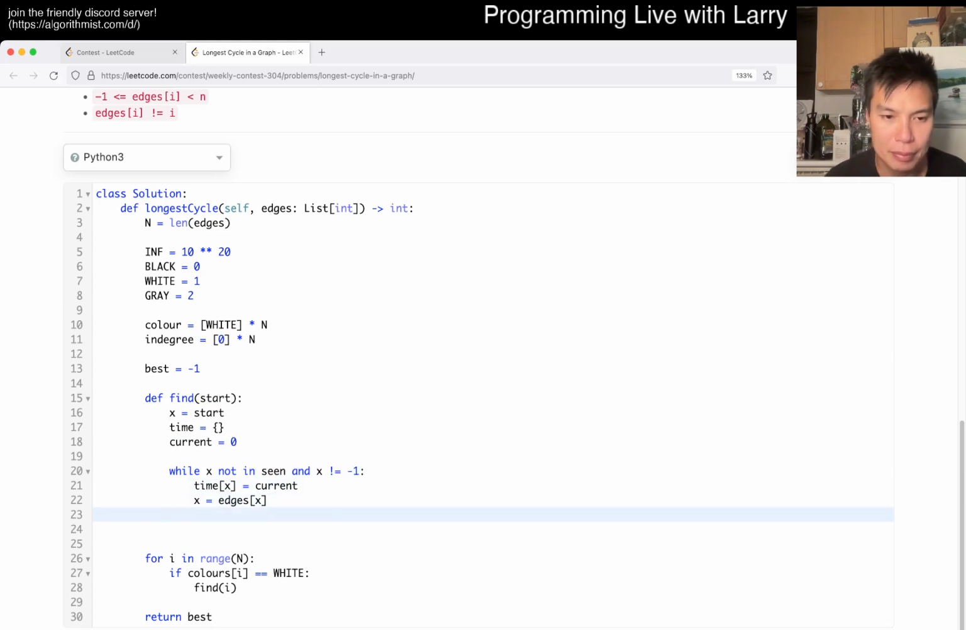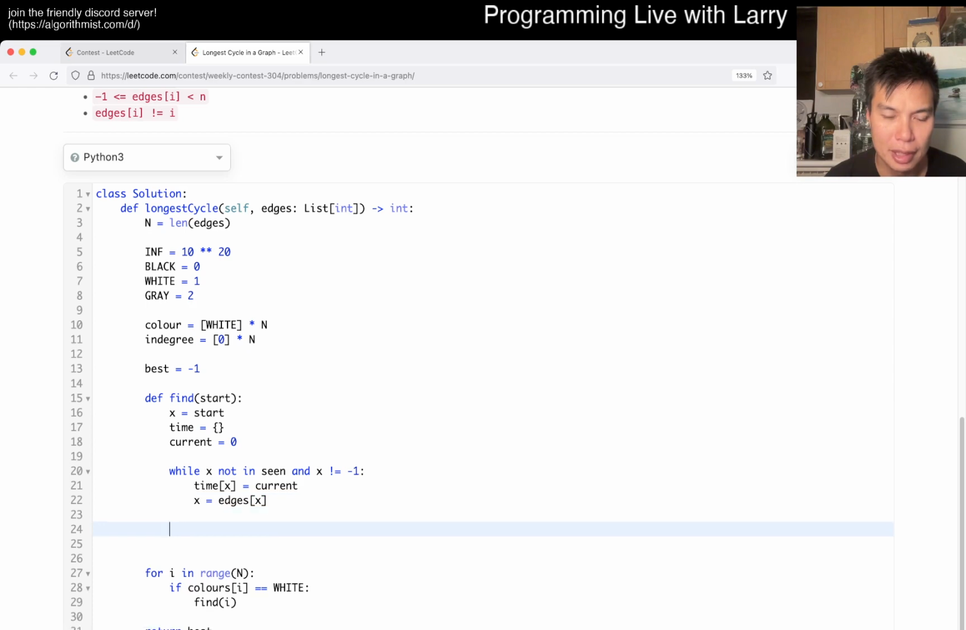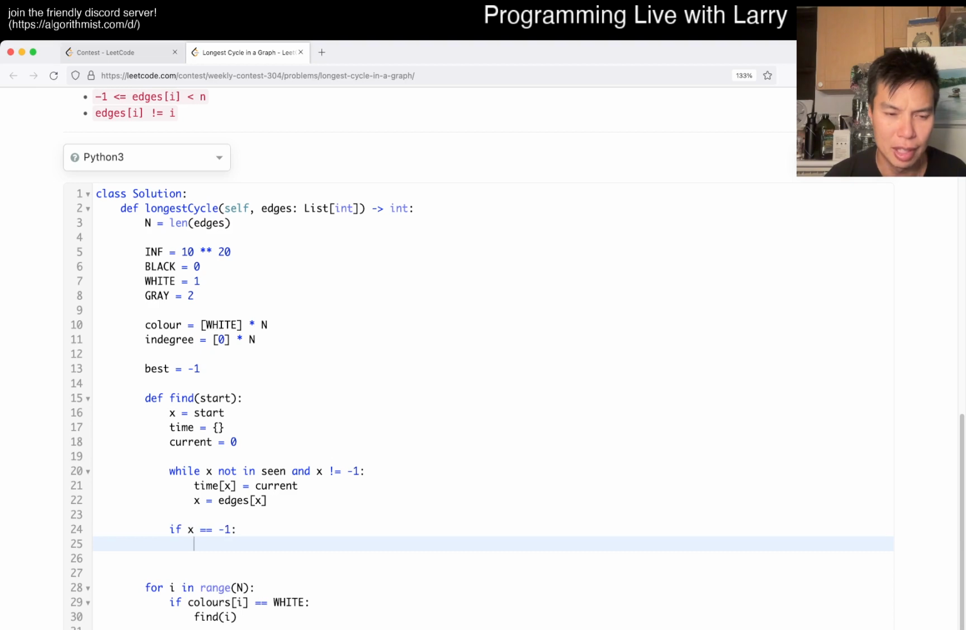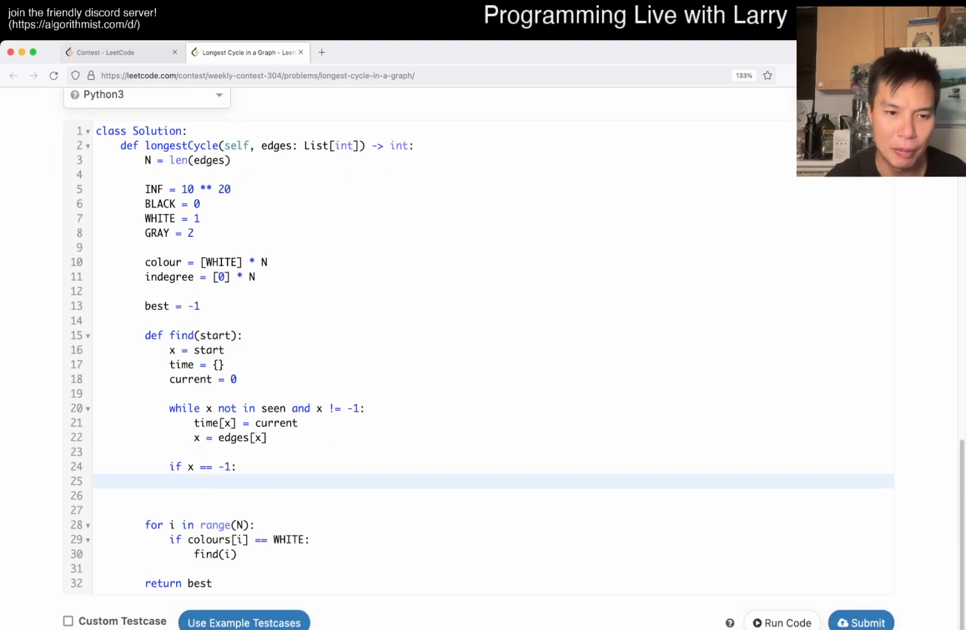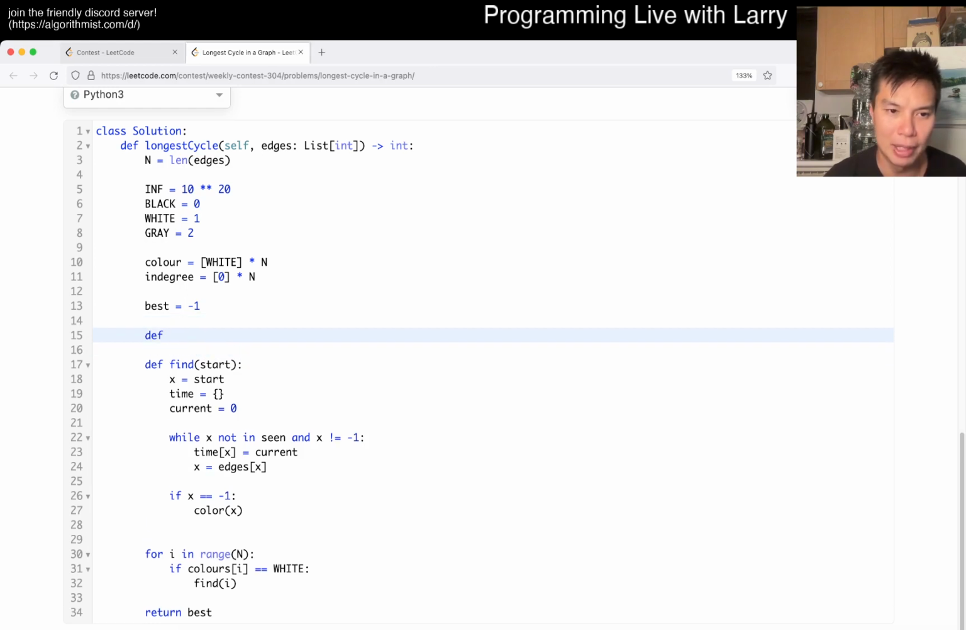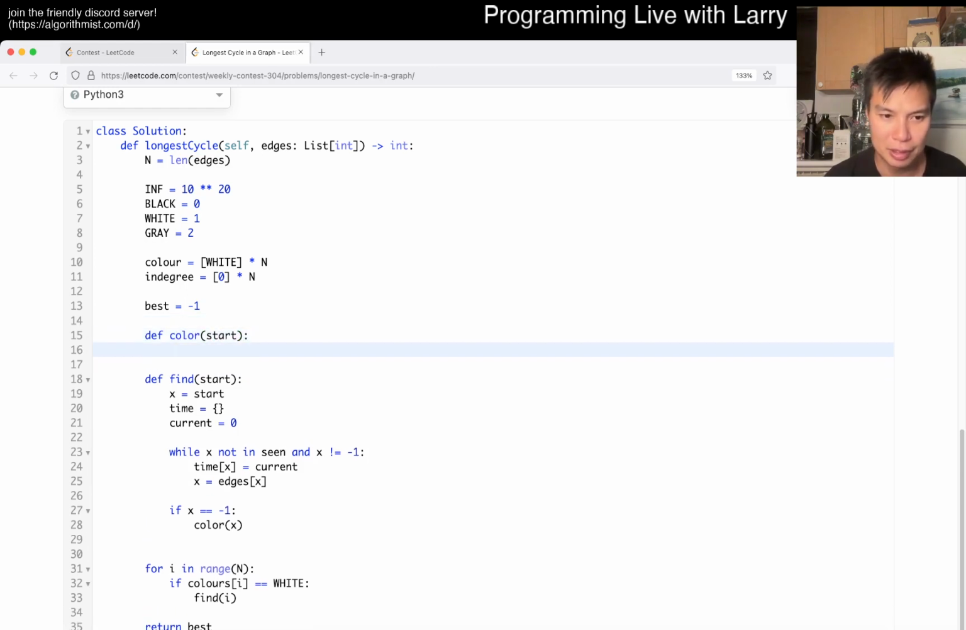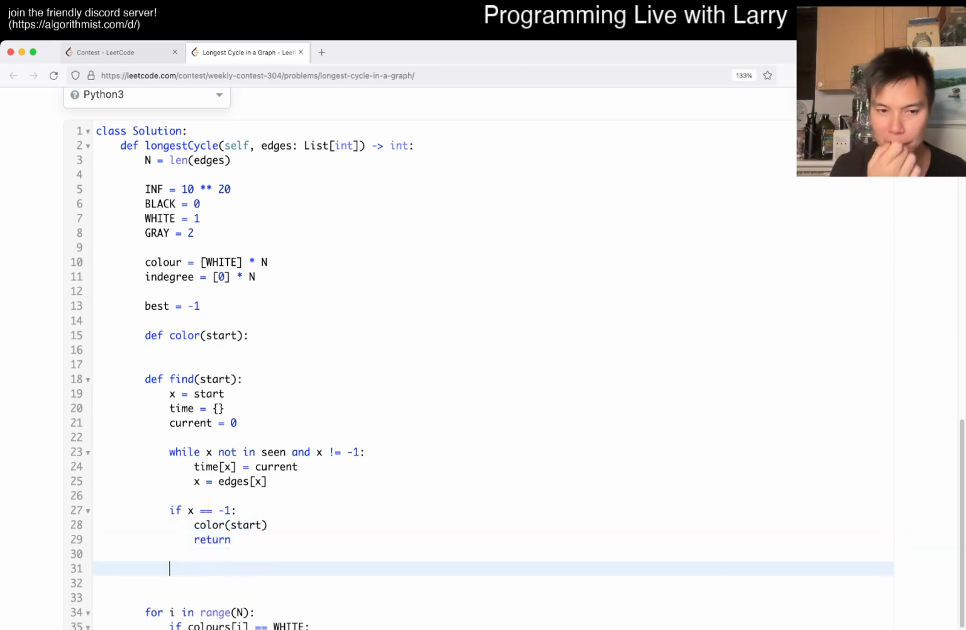Now if x is equal to -1, we should return. I mean, we're returning, but we also want to color everything. Let's just do a thing with x. Maybe I could have done it this way, and it's just a little bit more robust. Oh, this is start. And then we return. Otherwise, we know best is equal to max of best, and then it's time of